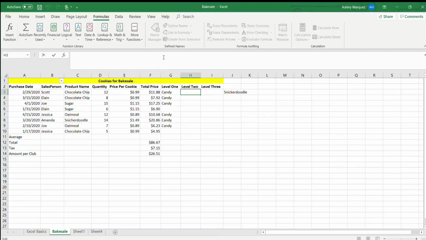Another way that you can use IF functions, you can test more than one thing. So equal sign, IF, comma, AND. So you're going to use AND when you're testing more than one thing. So let's say for the level 2 prize, they must have sold more than 10 cookies and more than $11 worth of cookies. So let's do